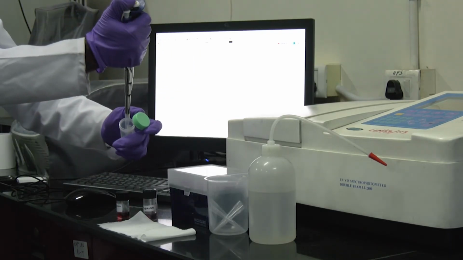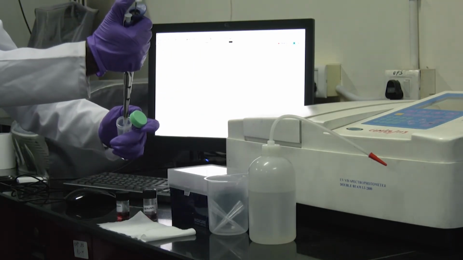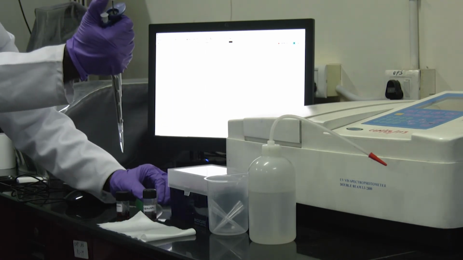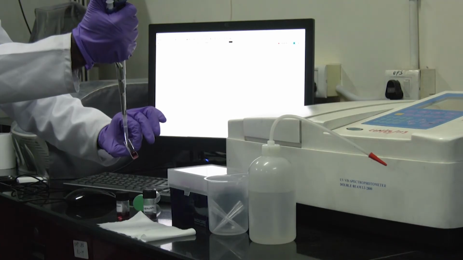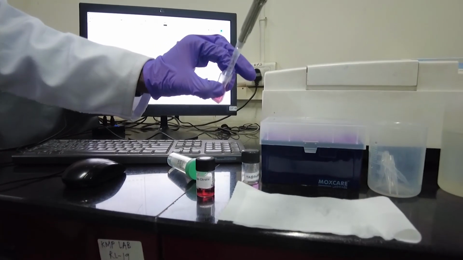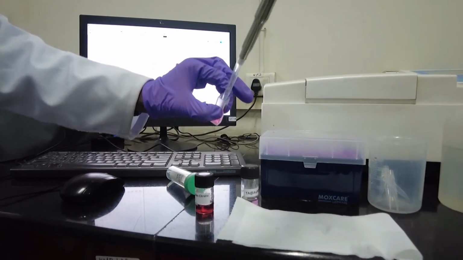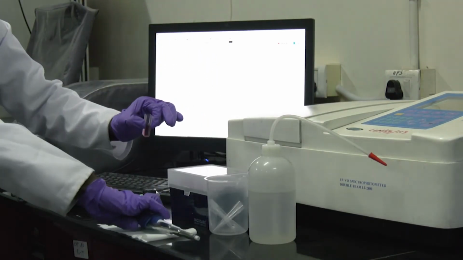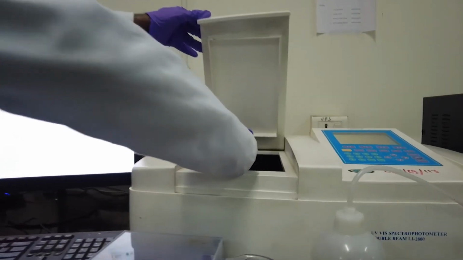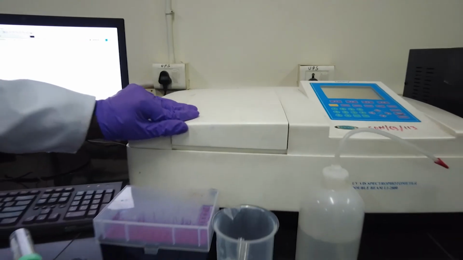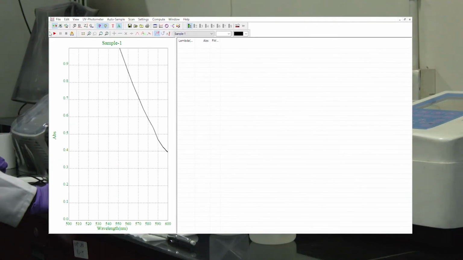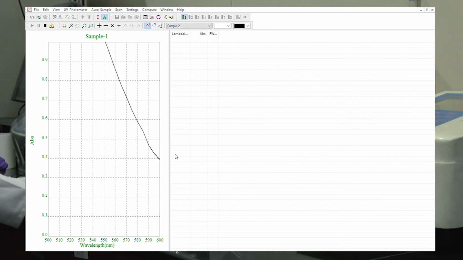Now add 1 ml of ultra pure water to the cuvette to achieve a half dilution of the gold nanoparticle sample. Mix it properly and ensure there are no bubbles in the cuvette, and place it in the cuvette holder facing the light source and detector. Once again press start and take the reading.